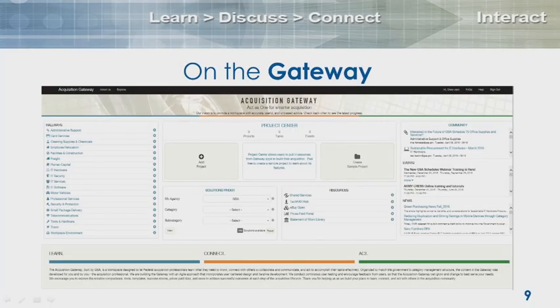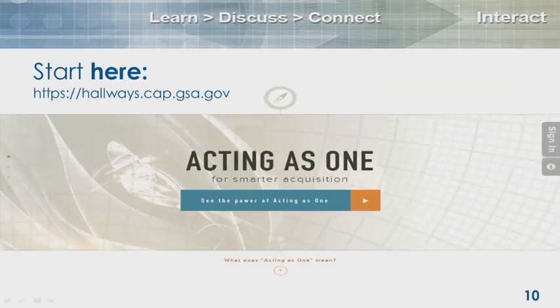I'm sorry, I know the slides are hard to read, especially when you're in the back. I have poor vision, so I would be basically standing in front of the screen. But I'll walk you through what each aspect of the gateway is so that when you go in and take a look at it for yourselves, it'll be more familiar and you'll be more comfortable with the navigation. So let's start here with acting as one.